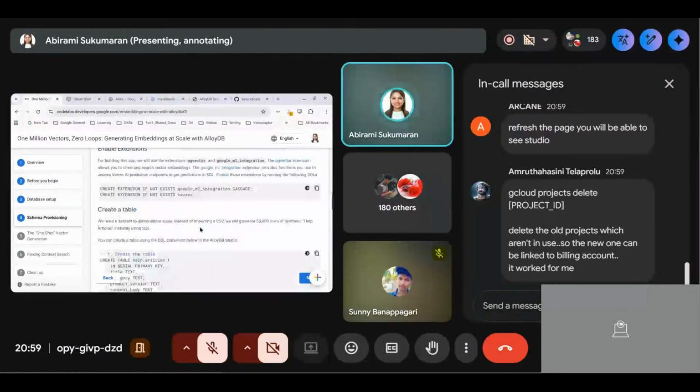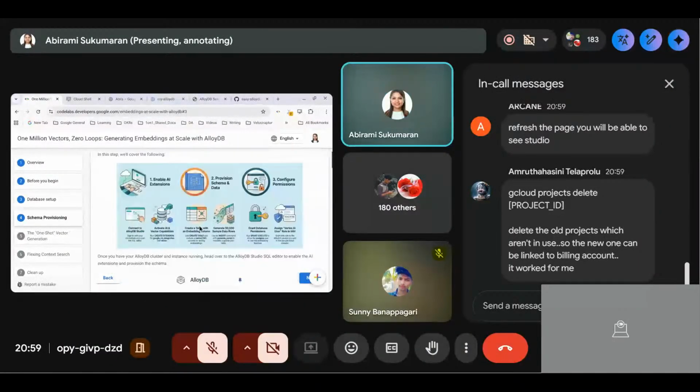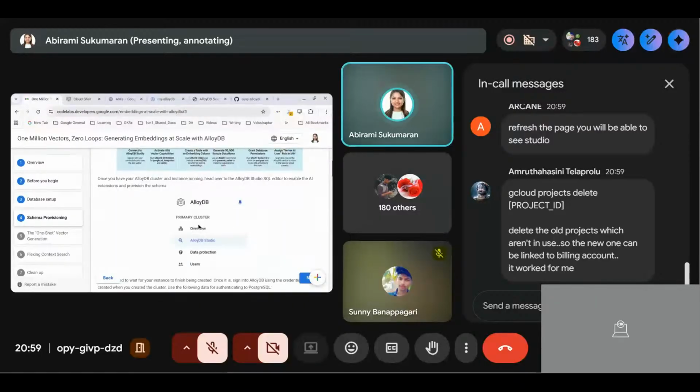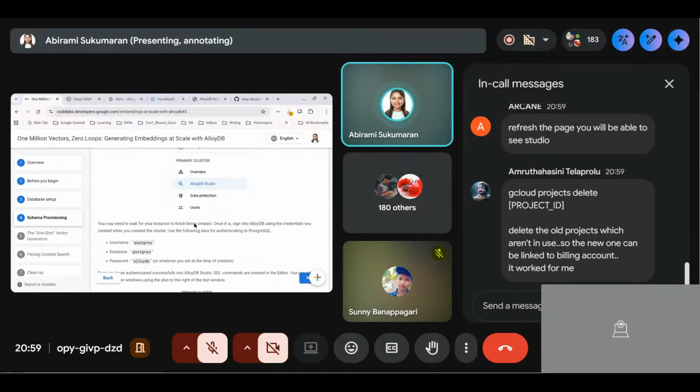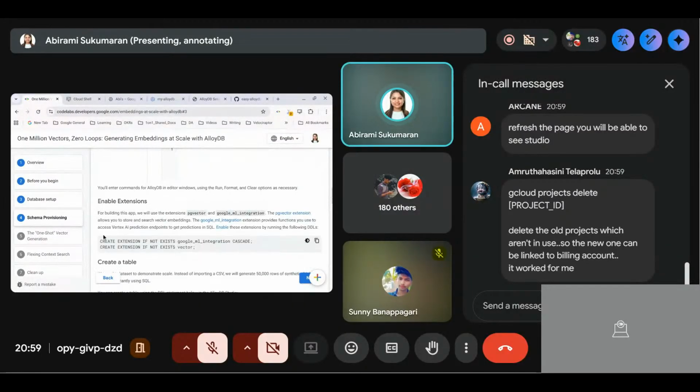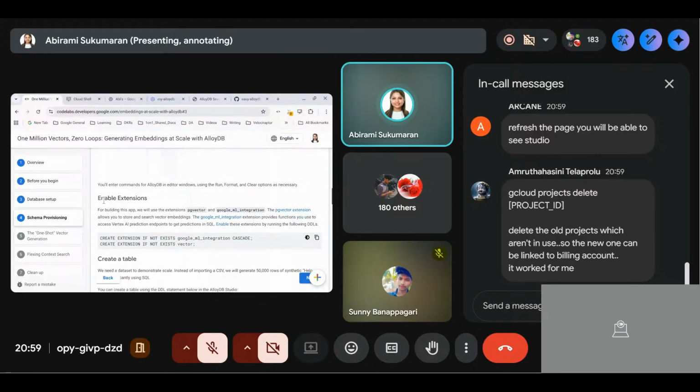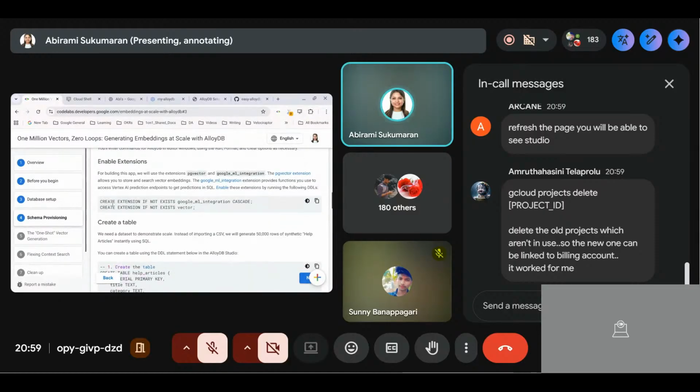And maybe we'll also create the table and insert data in this step. So let's see how to do it. We're already in AlloyDB Studio. We have logged in. Scroll down, go to the enable extensions section. There is a SQL snippet there. It says create extension google_ml_integration. This tells AlloyDB that you're going to enable this extension if not already enabled, because AlloyDB is going to talk to Vertex AI or ML, Google ML. That's what we